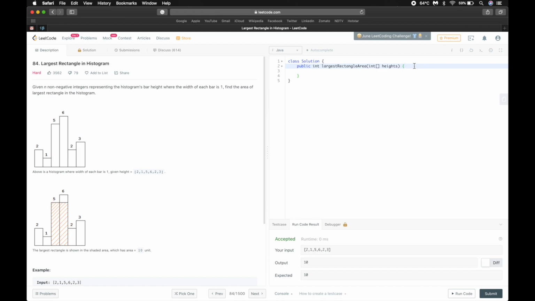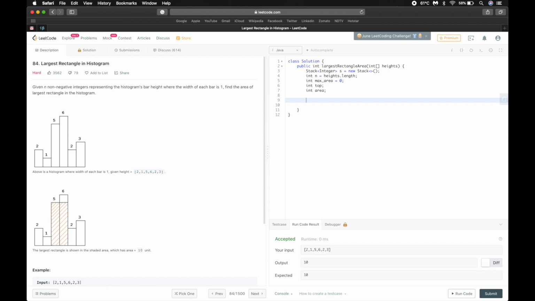So let us code. Let us first initialize our variables. n equals height dot length, our max area, that will be 0 at initialization, our variable top, that will be pointing at the top, and a variable area to store the area at different places.